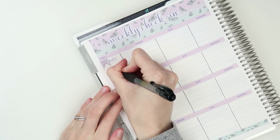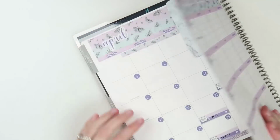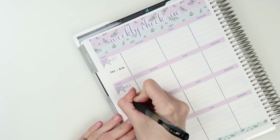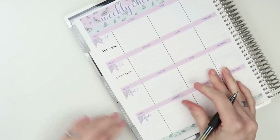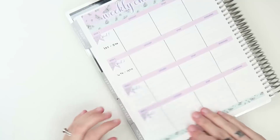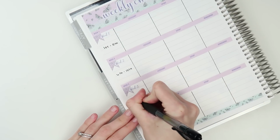So we'll do 1st through 5th. Week 2 would be 6th through 12th. The 3rd week would be 13 through 19. Oh, so is there only 4? No, there's more, just kidding. 13 through 19. I'm just going to learn as I go, guys,